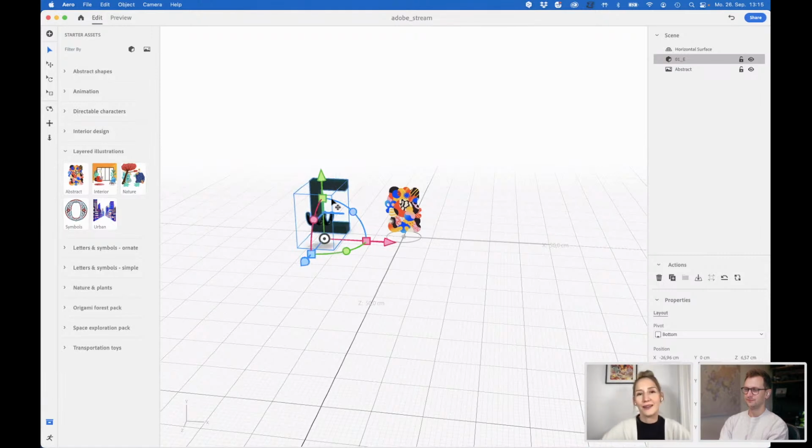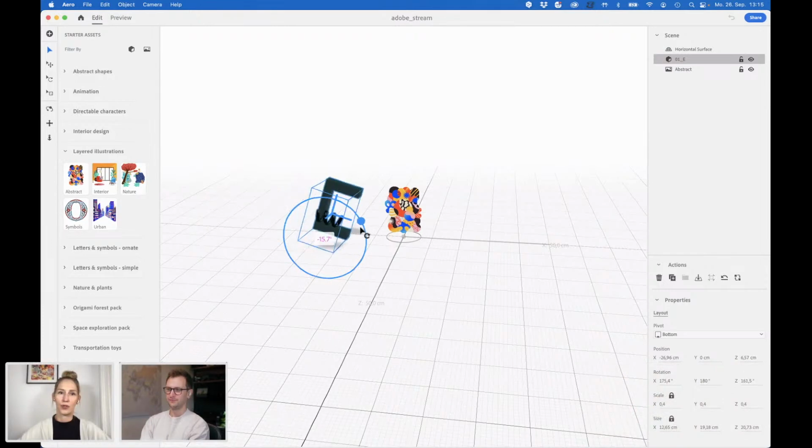So another super important thing are these arrows and also the symbols. If we want to rotate it, we have to press the red circles. If we want to move it in this direction, we have to press the blue ones.